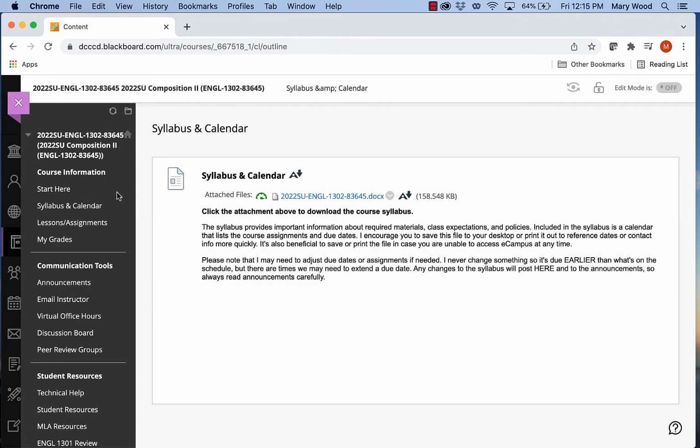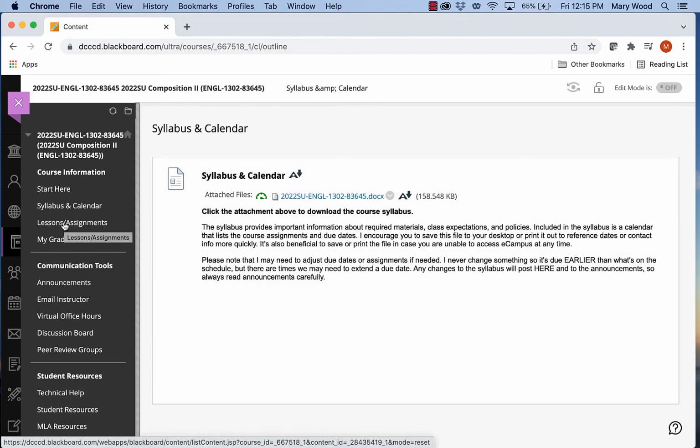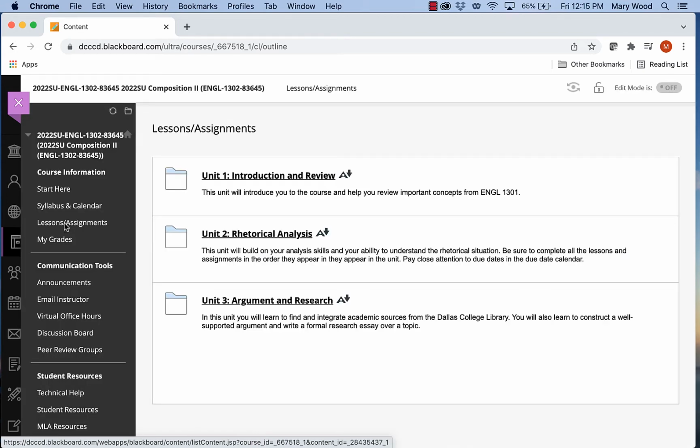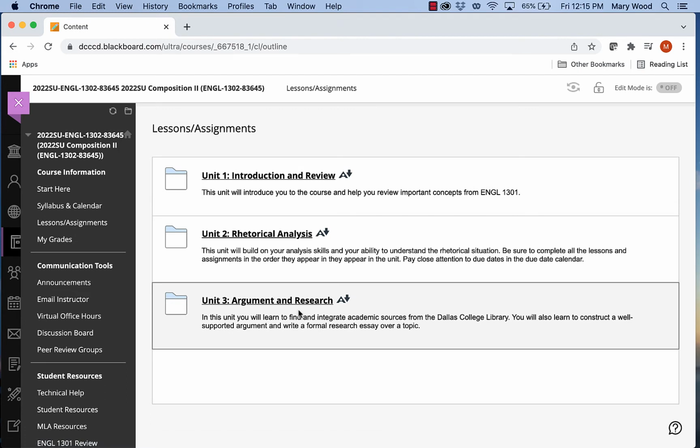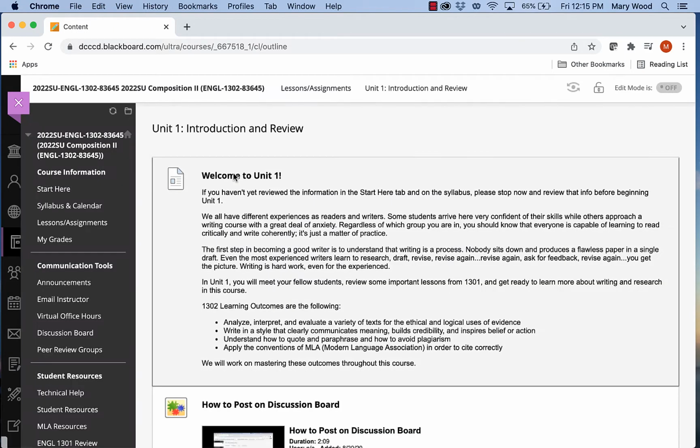A few other links I'd like to point out. The Lessons and Assignments tab will include all of your course material. So if you click on this, you can see that we have 3 units in the course. We'll begin with Unit 1 and move through. You can find the due dates on that syllabus, like I mentioned earlier. You'll click on each unit and complete the assignments in the order that they're presented. It's very important to review lessons and complete assignments in the order that they are given in the unit. Each lesson builds on a previous lesson or a previous assignment, so it's important to have that material as you